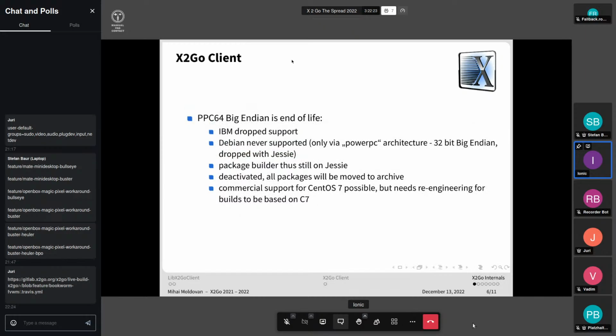Okay, now that's the wrong title, but anyway, okay. This is actually X2Go internals and not X2Go client. For X2Go internals,